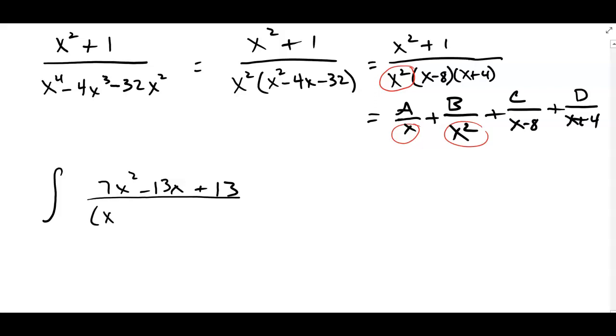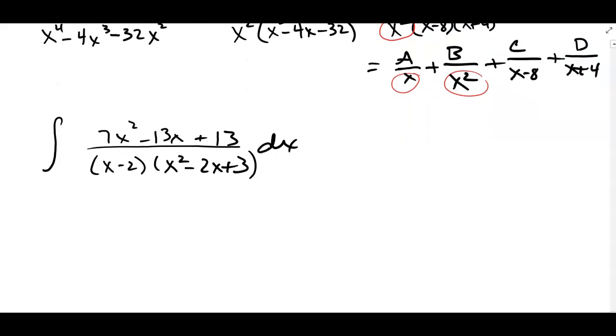So I'll write the denominator in already factored form. So you don't have to worry so much about your numerator. That's just going to tell you what your coefficient of x squared should be, your coefficient of x, and your constant should equal. What we need to concern ourselves with is that denominator, because that denominator does not factor. You cannot factor x squared minus 2x plus 3. So how does this work? Well, in this case, your 7x squared minus 13x plus 13 over